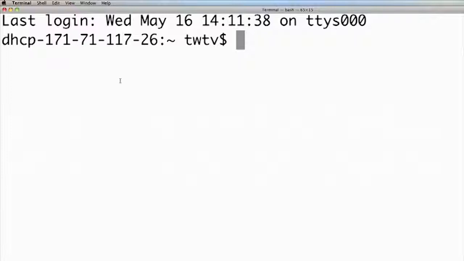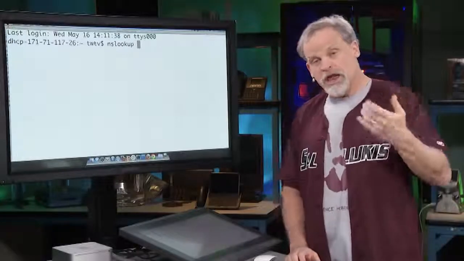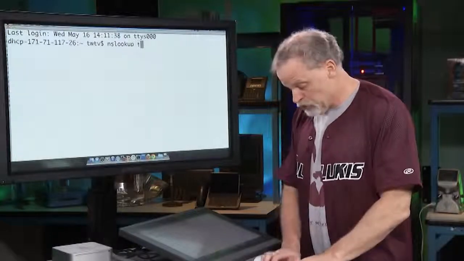Now I'm on a Mac right here, and I'm going to bring up my terminal and use an old Unix favorite called NSLOOKUP. That's actually what the tool is called. NSLOOKUP stands for Name Server Lookup. So let's do